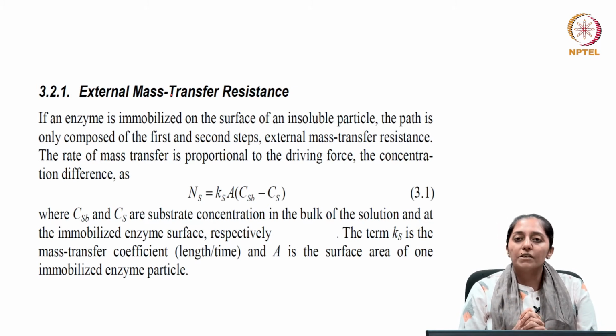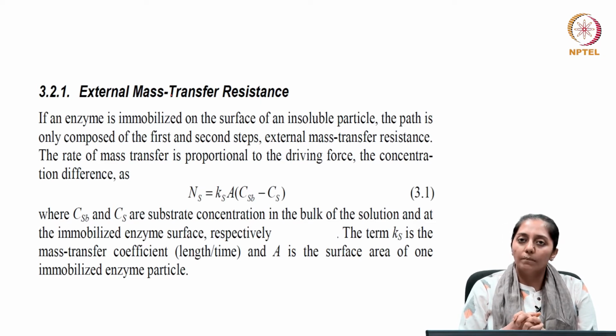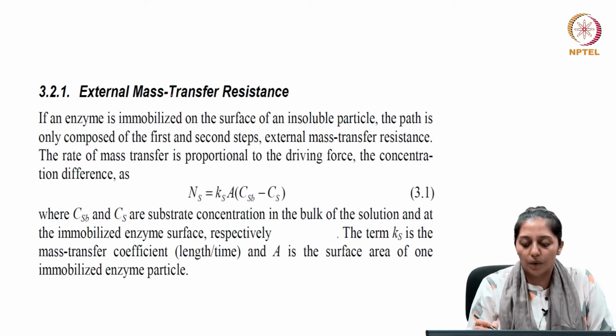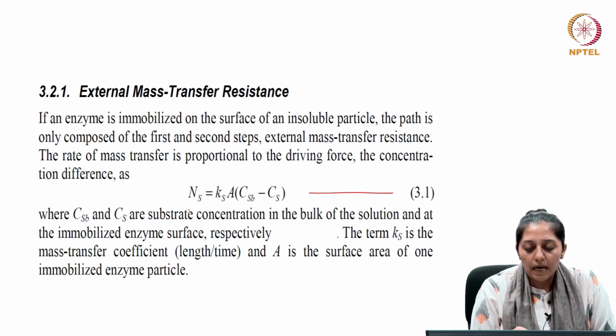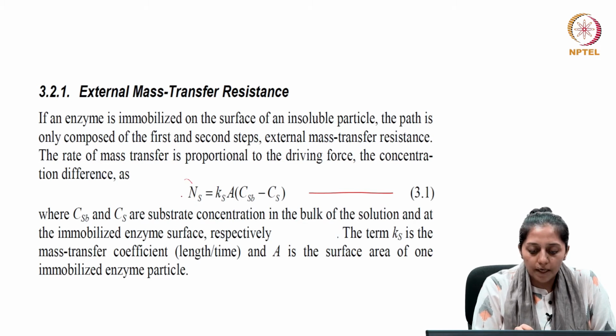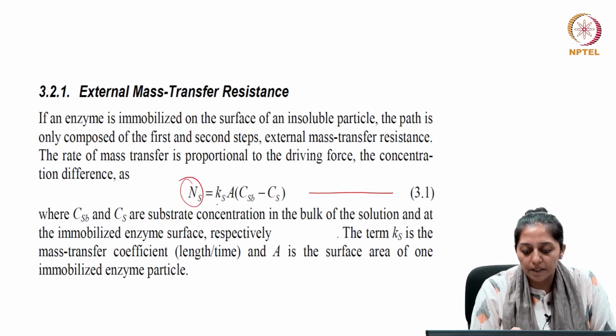So, your rate of mass transfer, because there is a solid liquid boundary, depends on the thickness of the boundary. Let us assume the resistance is 1 by Ks, because it is a solid liquid boundary. So, we will denote the mass transfer coefficient with a subscript S as shown here in equation 3.1. As we have done earlier, your rate of mass transfer of substrates can be defined as Ks a,